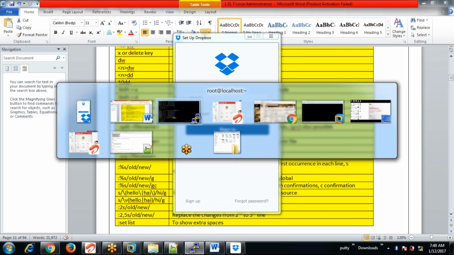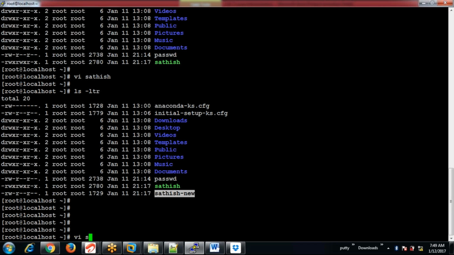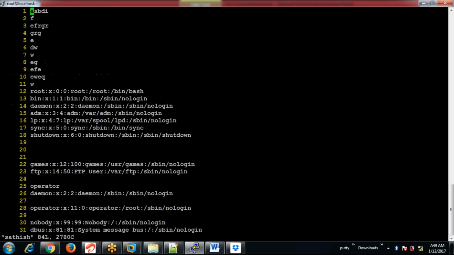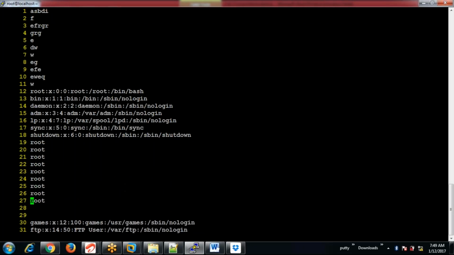Now say for an example, I am getting into the Satish file. What are the words which are repeated more? Say I have the word called root here, at many places I have it.